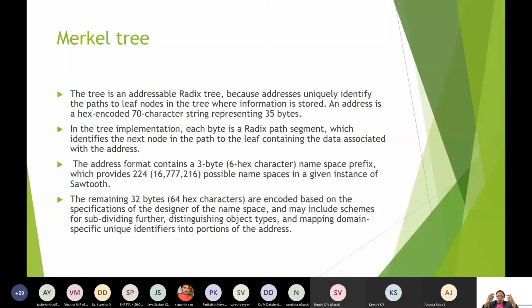The schemes distinguish the object types and map domain specific unique identifiers in portions of the particular address we are using. Okay, that is a Merkle tree. I don't know if in the group there are data structure engineers who will be very happy to program on these Merkle trees.